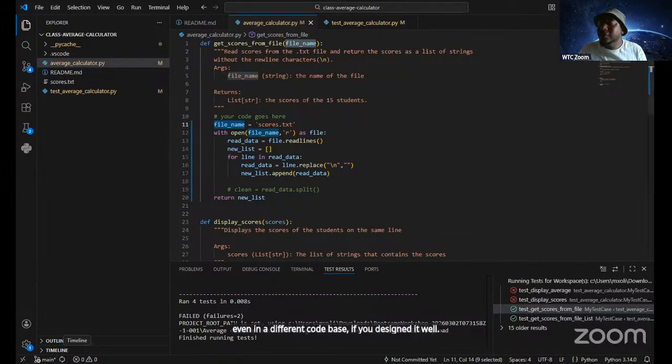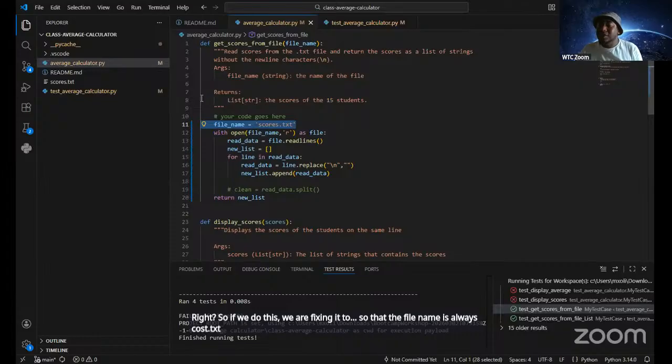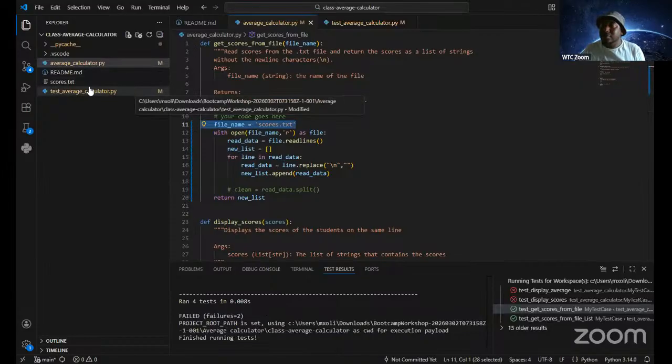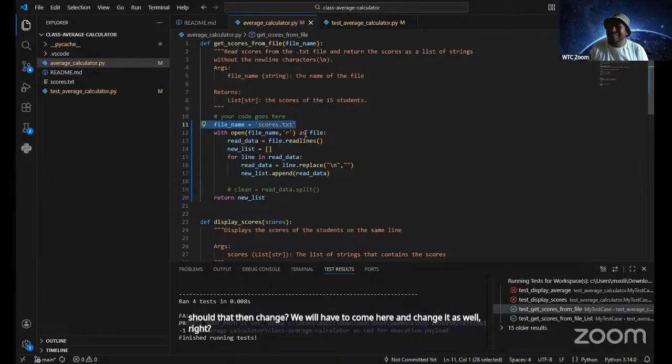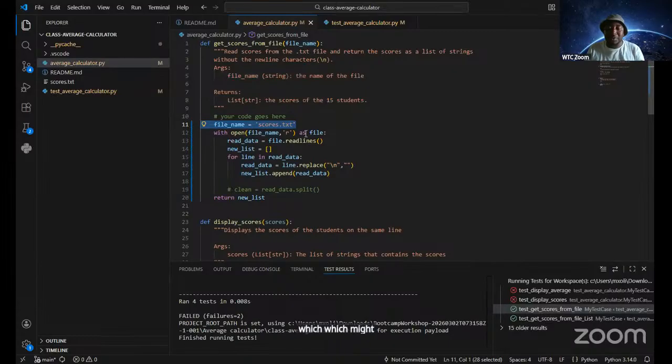So if we do this, we are fixing it so that the file name is always scores.txt, and should that change, we would have to come here and change it as well, which gets a bit chaotic, for lack of a better word.